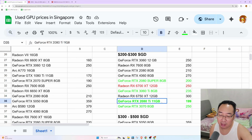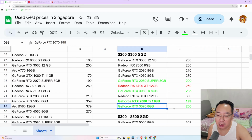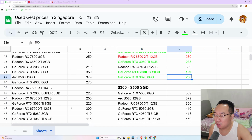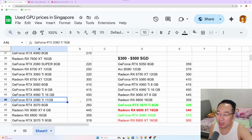Even if you can't get it, then for the rest at 300 Singapore dollars, you might want to weigh your options, because when it goes to the higher end of 300 Singapore dollars, then a 3070 might be a better consideration, maybe, because the 3070 is a relatively more modern GPU, but it has a lot less VRAM, only 8 gigabytes. But if you look at FPS performance, since the 2080 Ti and the 3070 are performing similarly, it's really your call whether you want a more modern 3070 or you want the older 2080 Ti with more